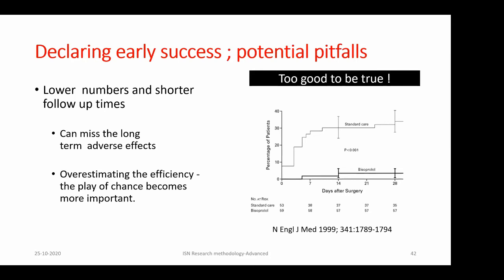This is a study which has looked into the utility of bisoprolol to prevent mortality after cardiac surgery. If you look at the survival curves, you see the effect is striking. Bisoprolol reduces the mortality. Now, this study was terminated after an interim analysis. What is the problem? If you see, the follow-up is just 28 days after surgery. The mortality in the bisoprolol arm was only 3, whereas 18 patients died in the standard care. So this study was stopped at 28 days, when 50% of the patients were recruited.